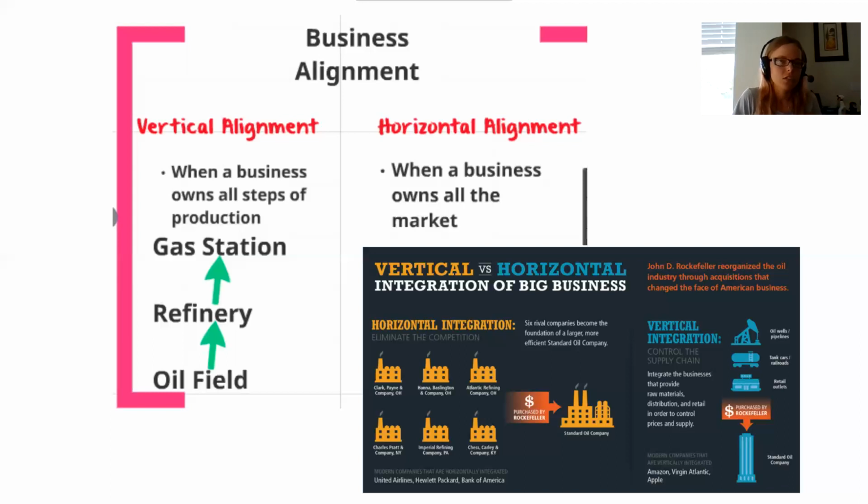Now remember, all of this is to form a monopoly. Once you own all of the industry, you own all the gas stations, or like the fast food industry, McDonald's buys out all the others. Once you are the only one left, what can you do? You can raise the price to whatever you want it to be. And then you can be filthy rich, and people don't have any choice. They have to get their product from you because you're the only one selling it. So that's what a monopoly does. That's why businesses like to form them, because it makes them very wealthy.